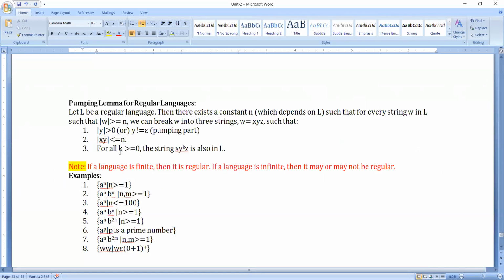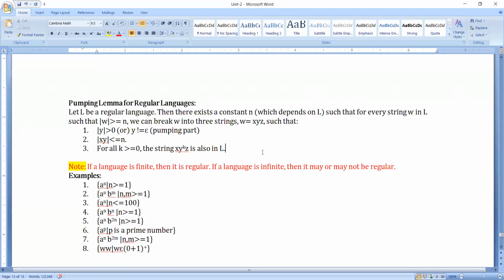The last one is, for all k greater than or equal to 0, when we pump y 0 times, 1 time, 2 times, or 3 times, the newly generated string should also be available within the language L.